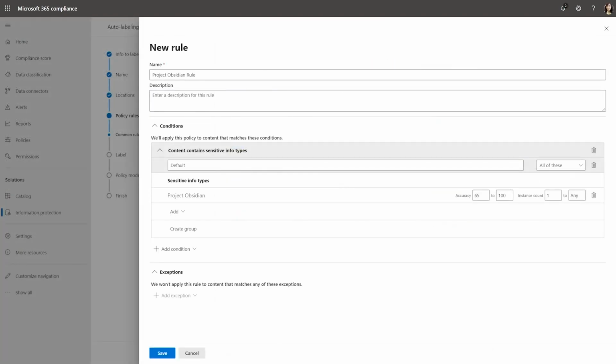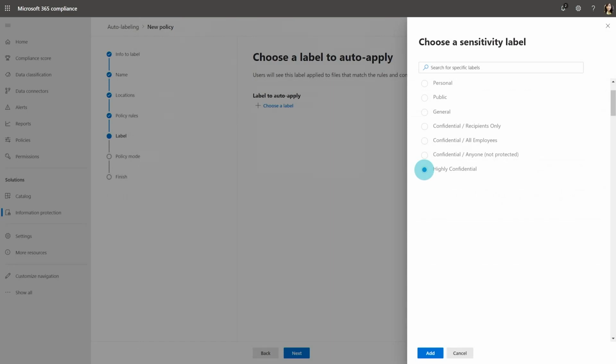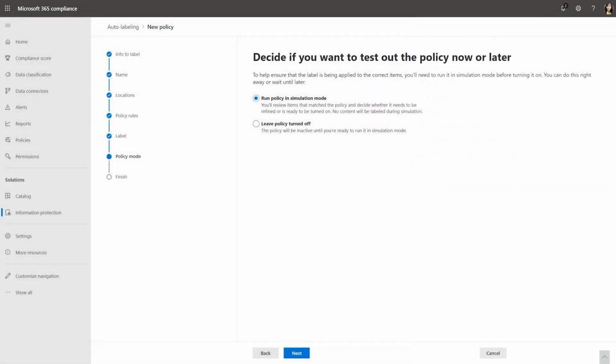They created a new policy using the custom Project Obsidian information type. They assigned this policy to apply the highly confidential label to files and emails that match Project Obsidian. At this point, they simulated the impact of this policy to make sure that it accurately detected files and emails